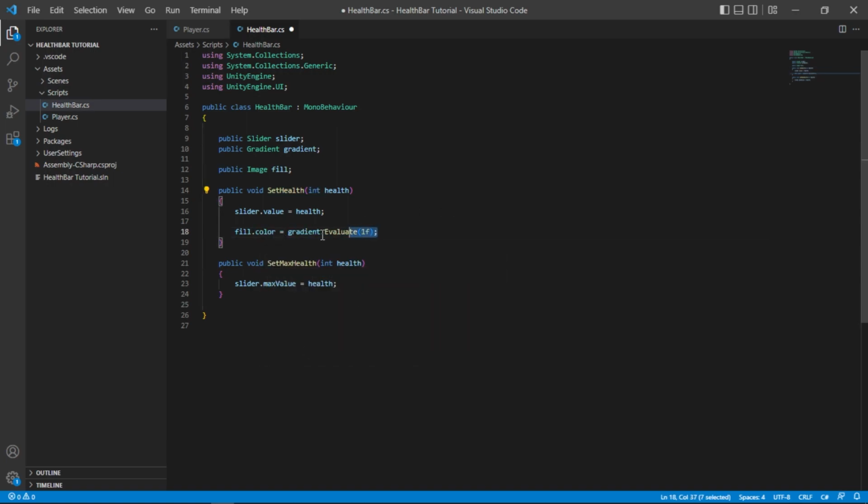I've just noticed something. I actually put the fill color in the wrong function. I will need to set the color when I set the max health, so it's going to be in this function. Now we also need to change our gradient's color when we set our health, so I'm also going to copy and paste it, but we cannot just say 1 here because it's going to dynamically update when we play the game. So you might be thinking we can just put slider.value here, but there's a slight problem